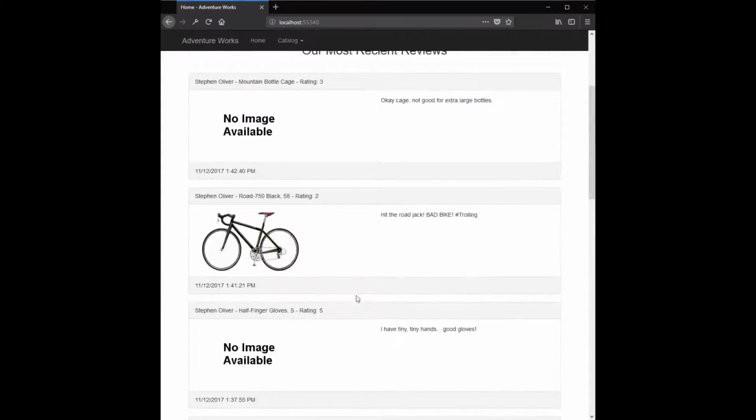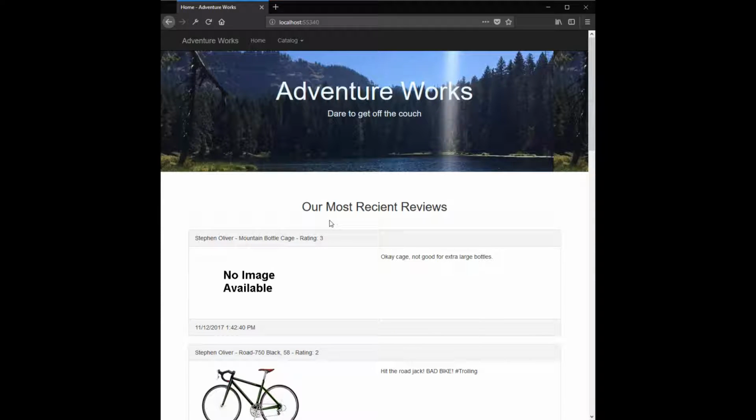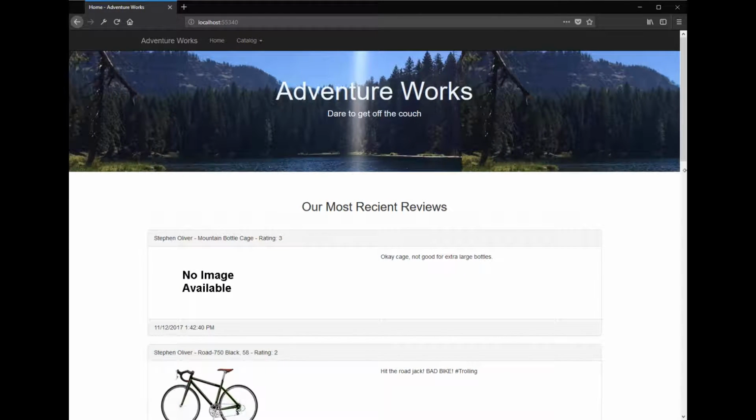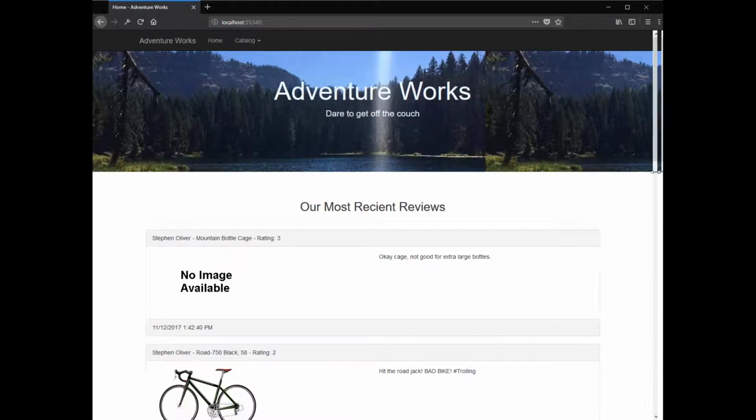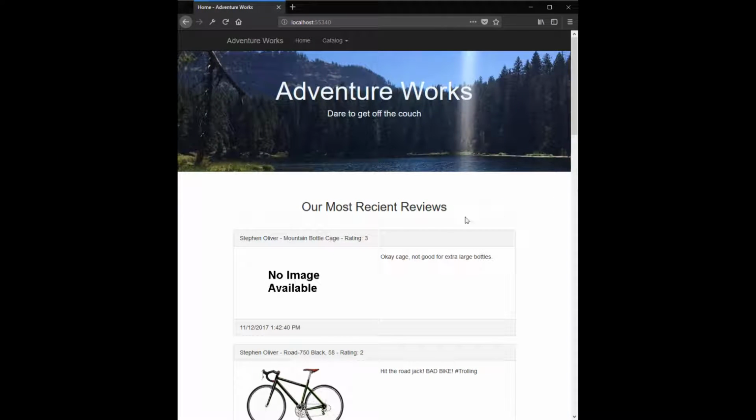I'm using panels here to make them all pretty looking, which I did not do on the products, so be prepared. This up here is a Jumbotron on the main page. I did not notice that this would happen. So for the sake of it being pretty, we're gonna shrink this window down just a little bit. So this picture here is mine. It is from a hiking trip I went on, and here we have the company title and the slogan I